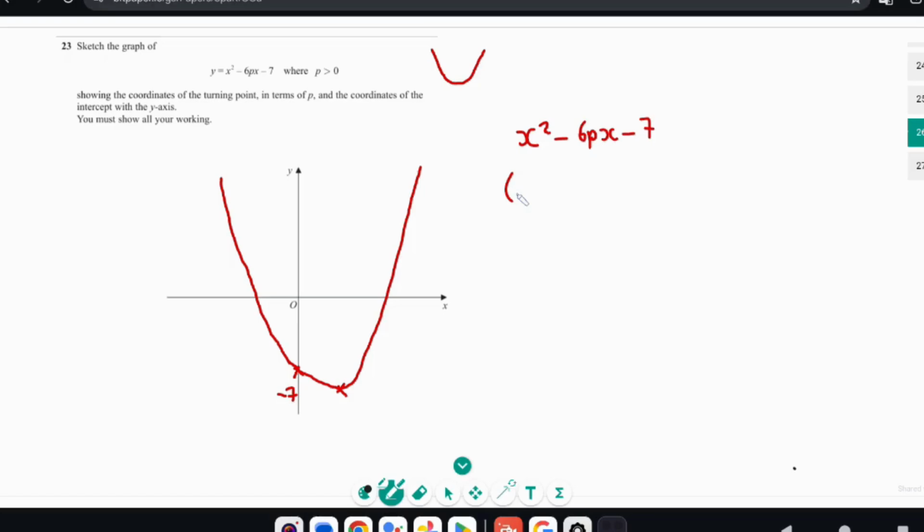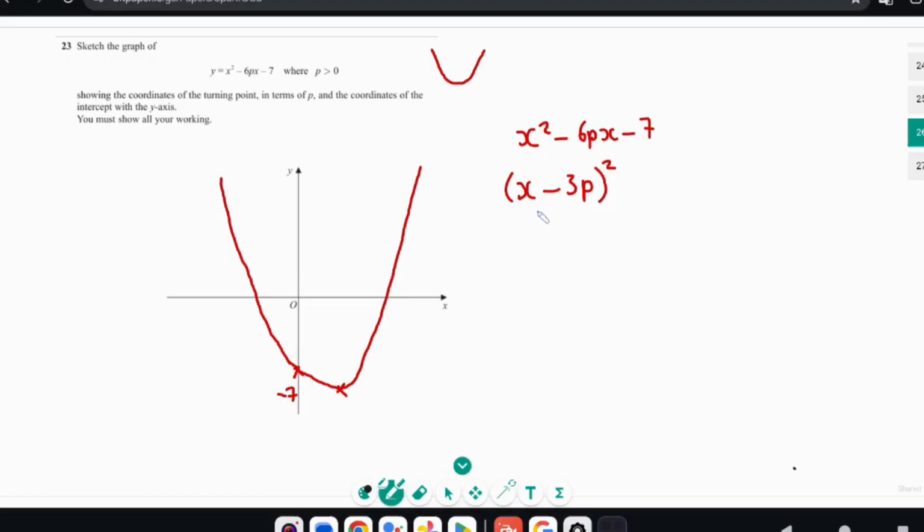So to complete the square, we halve this 6px term, or half 6p rather. If I expanded those brackets, I would get x squared minus 3px minus 3px plus 3p